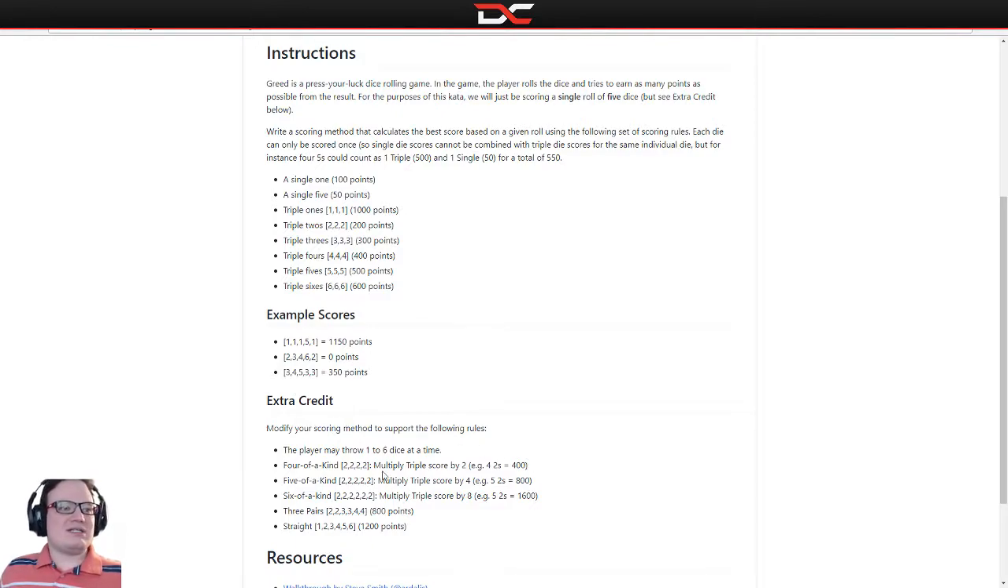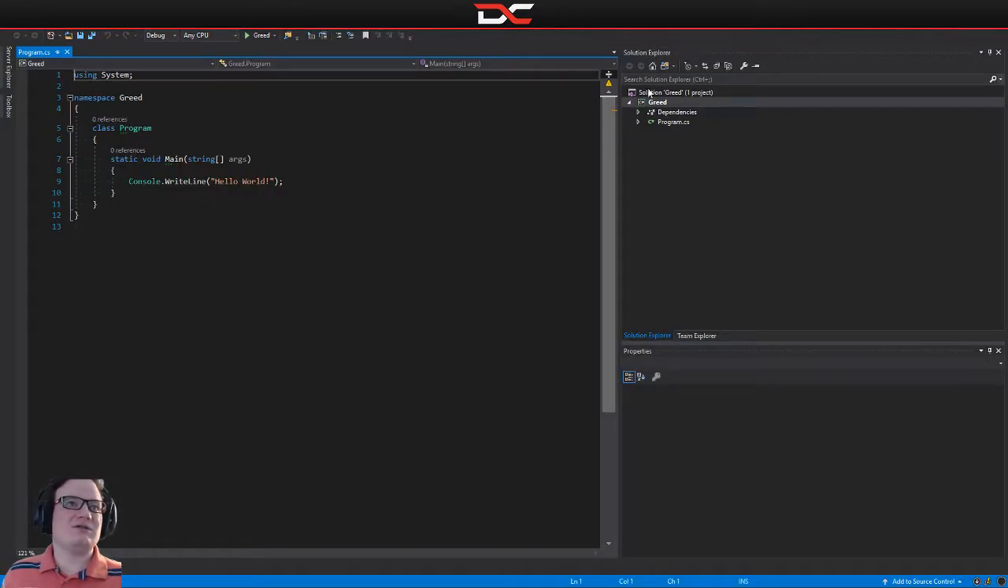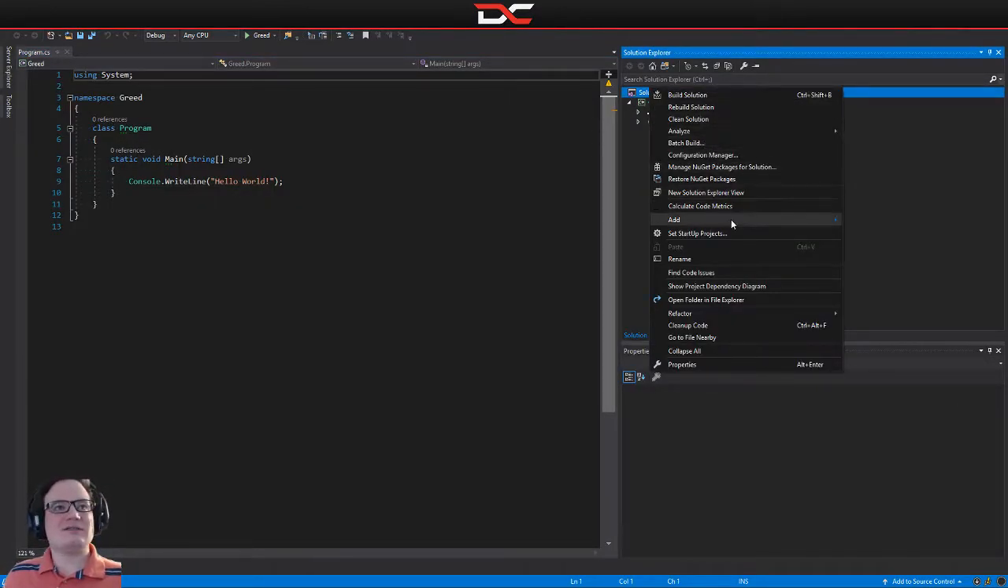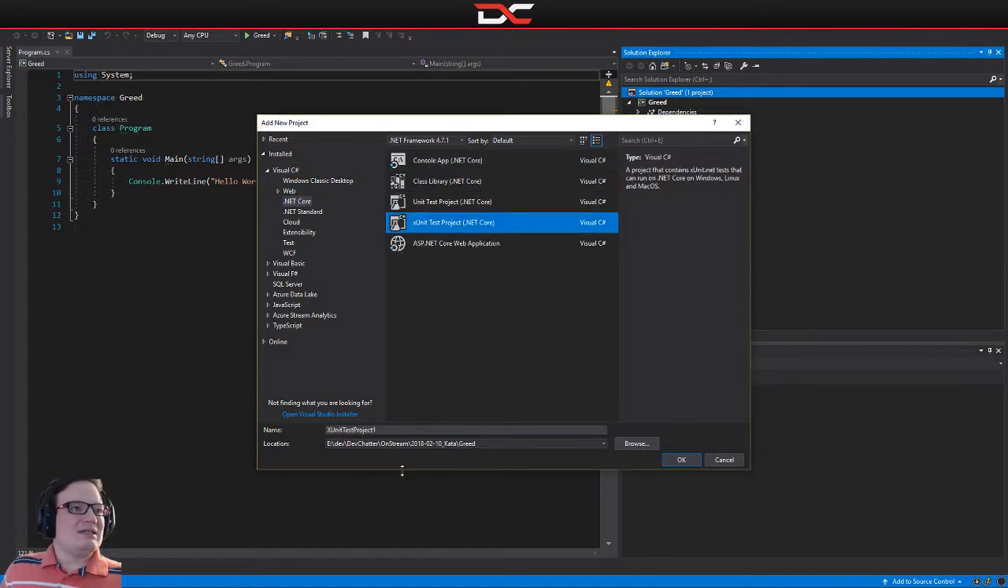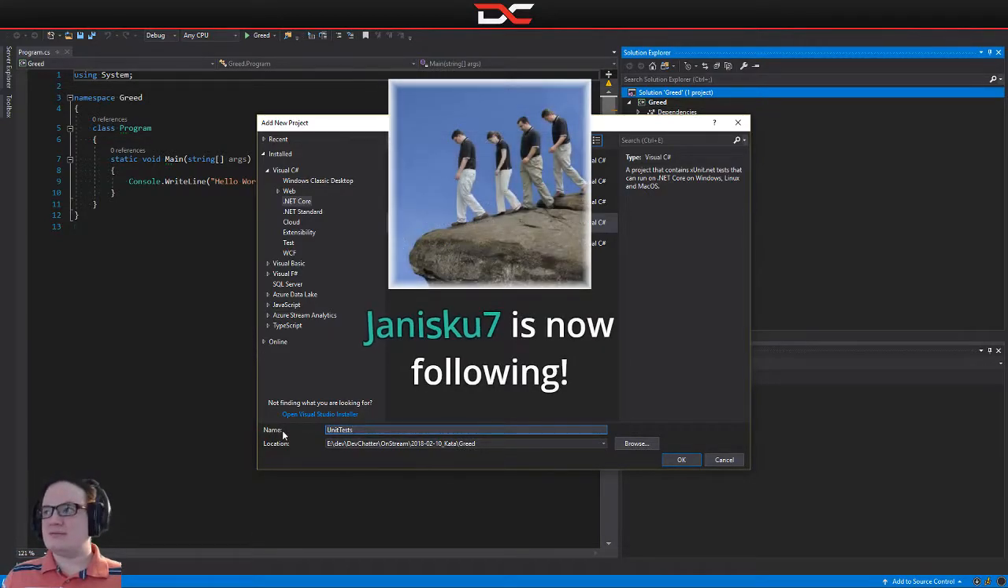So let's go ahead and get started. I think the easiest thing we can do is start off with our 0 case. And for that, I want to go in here and make an XUnit project. So I'm going to open up .NET Core, get myself an XUnit project in .NET Core, and I'm just going to call it unit tests because we're just doing